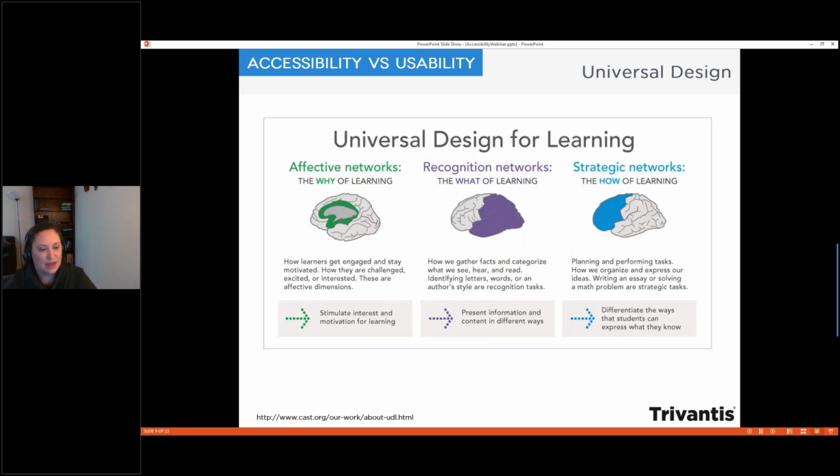So there is a concept called universal design for learning. It comes to us from CAST, or the Center on Applied Special Technology. And it also comes with its own core principle. In the hopes that I don't overload you with different principles that conflict or contrast, we'll just spend a little time on this before we get into those approaches. And so again, the idea of universal design for learning, as with universal design, is just to be proactive